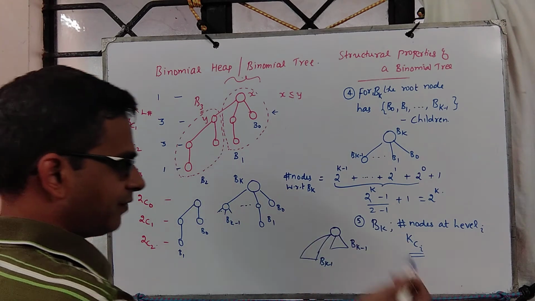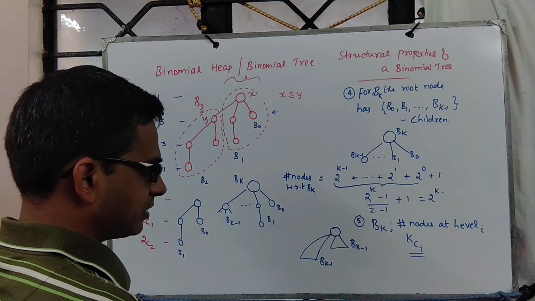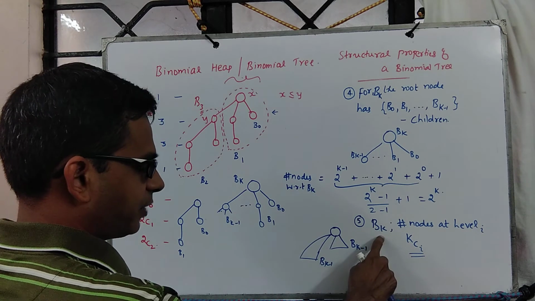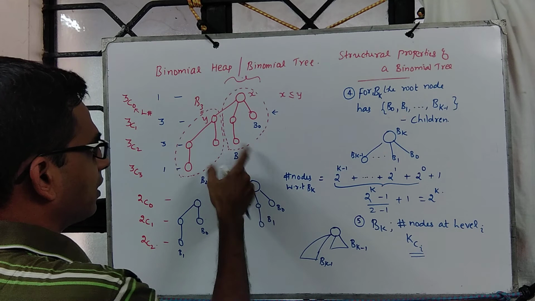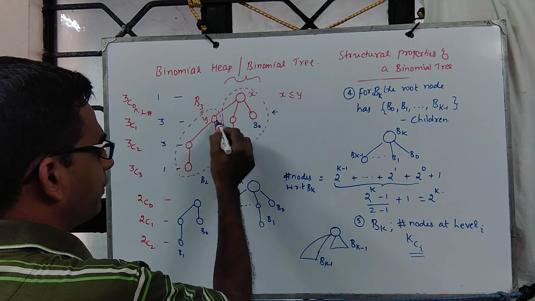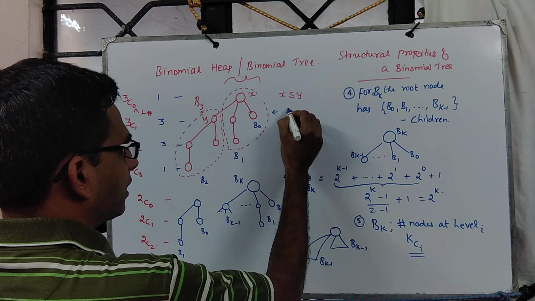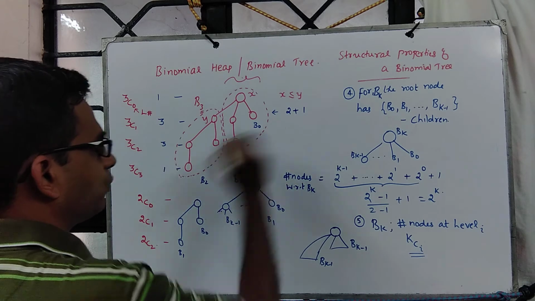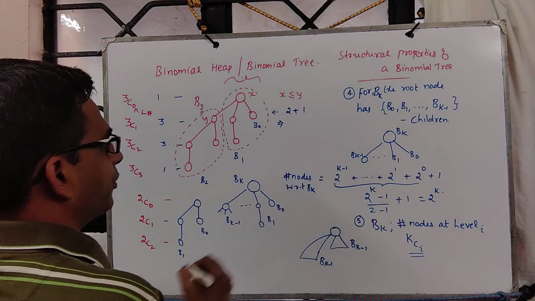But when we go beyond and try proving the induction part using the induction hypothesis, the induction hypothesis is with respect to BK minus 1, and now we are doing induction on K. So now when you look at this structure and especially look at this node, how many nodes are at this level? You can see that this one is, let me say, 2 plus 1. This 3 I am rewriting as 2 plus 1. Further, this one I am going to write like this.